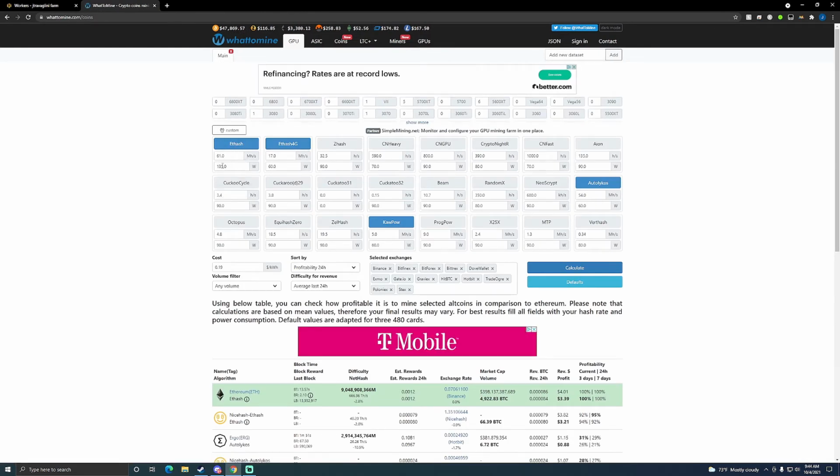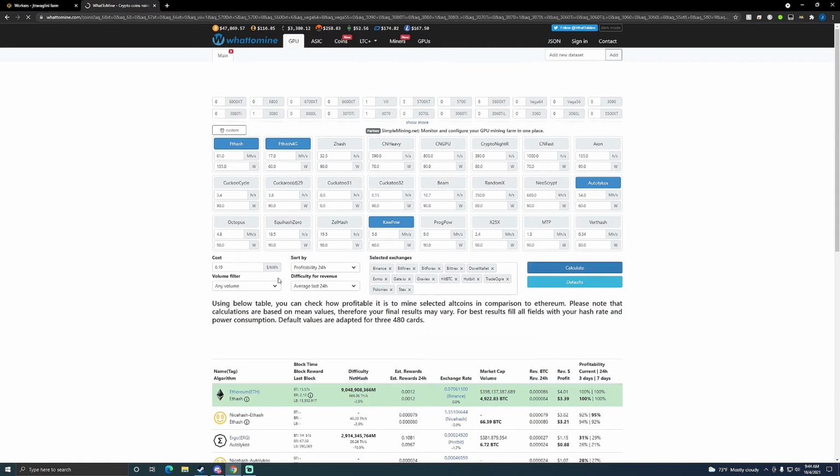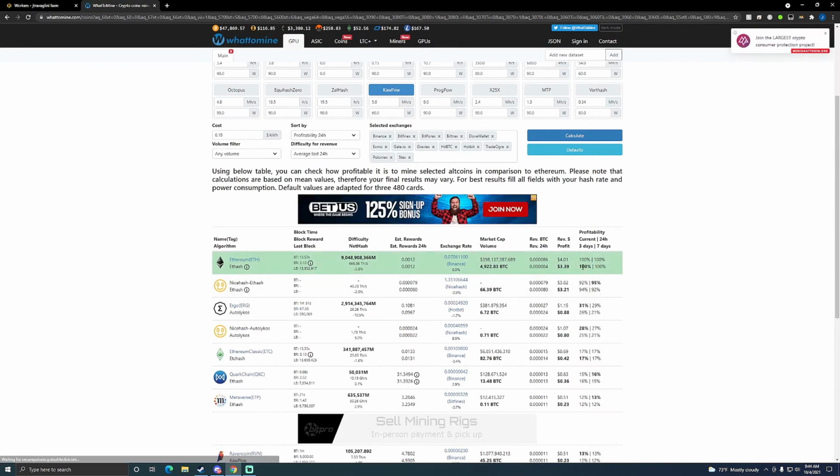This is a higher wattage, but let's compare it to my 3070. Now my 3070s usually do anywhere between 61 to 62 megahash and range anywhere between 120 to 130 watts, depending on the card. But if we calculate that out, that's generating $4.01 a day on Ethereum right now. That profits me